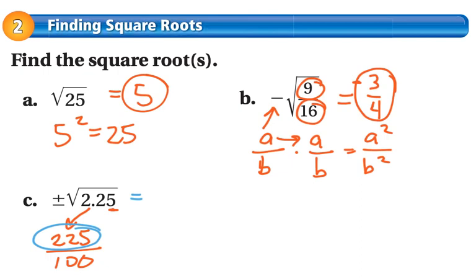And say, what number times itself is 225? With some practice and some memorization, you'll know these a little bit faster, but that number is actually 15. And while 15 times 15 does equal 225, it certainly doesn't equal 2.25, so we have to find out where